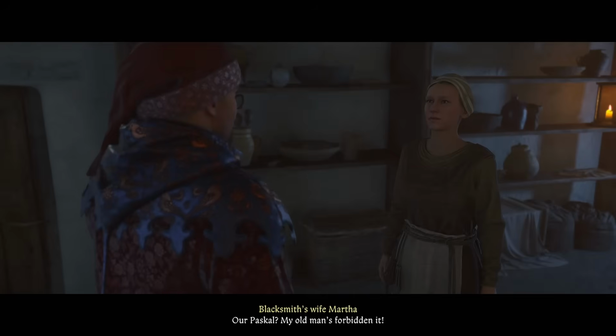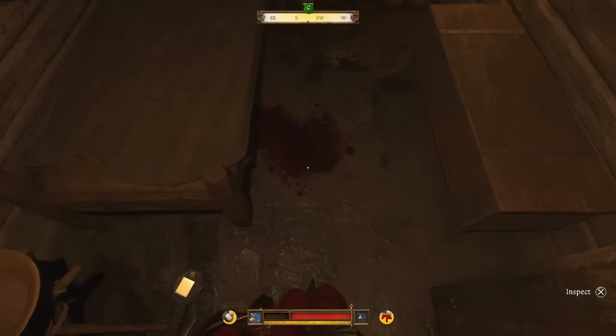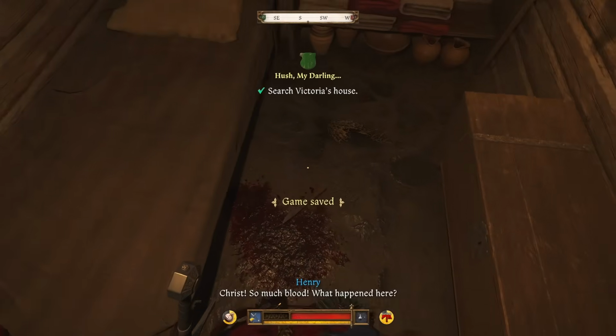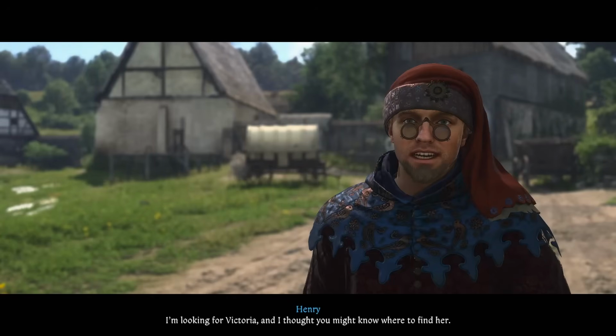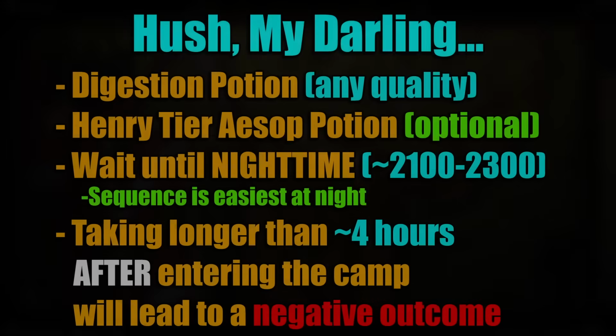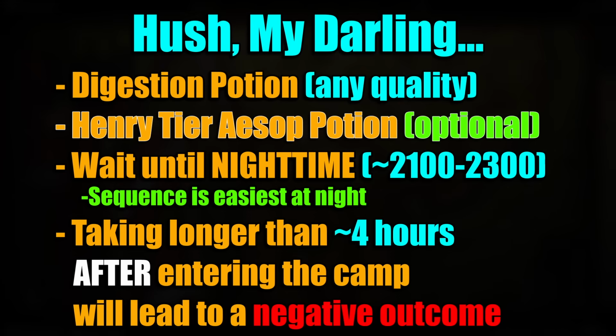First, start the quest by speaking to Martha, craft her 2 pairs of horseshoes, and after turning them in, search Victoria's room for clues. Find the bloodstain in her room, check in with Martha, optionally talk to Kuba, then head for Sigismund's camp. Before entering Sigismund's camp, make sure to have at least 1 digestion potion of any quality within your inventory, and optionally a Henry tier Aesop potion that we can use a little bit later on, and try